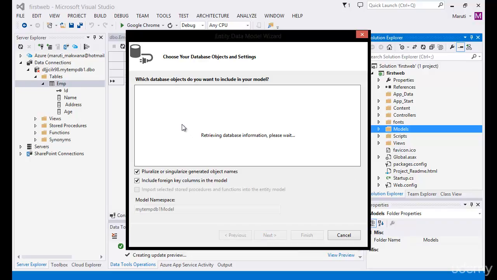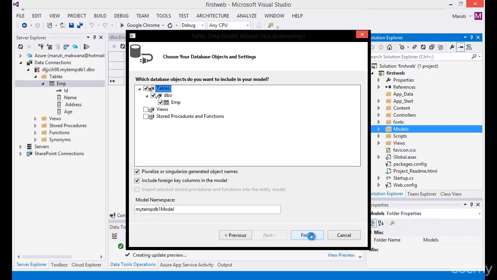It's giving me an option from where we can select our tables of the database. Inside this database we have only one table, which is EMP. We're going to checkmark this and then click on Finish. The moment I do this, it will internally create a new connection string inside the web.config file of this application. Once this process is done,